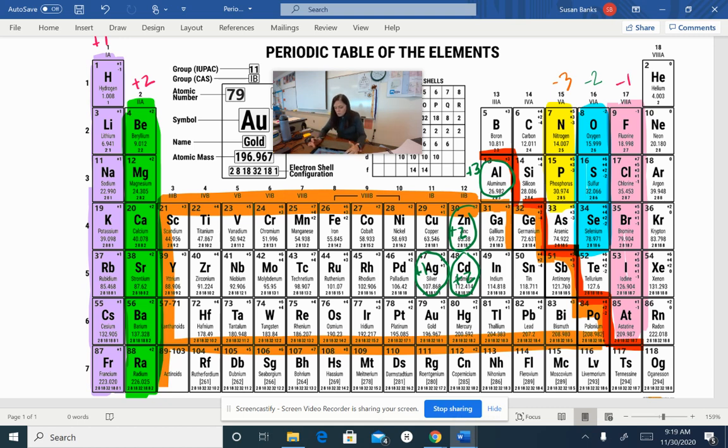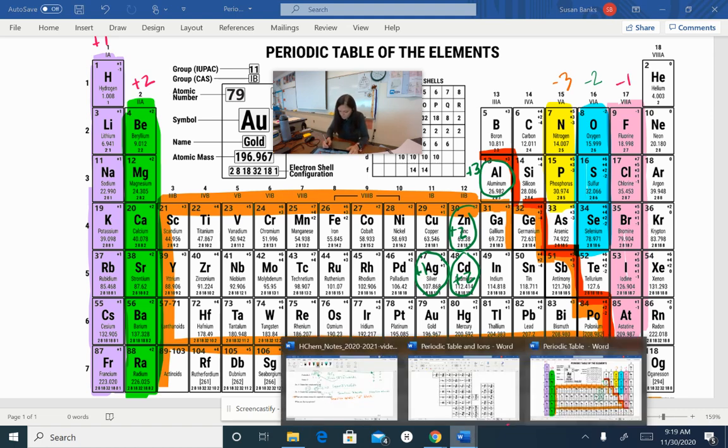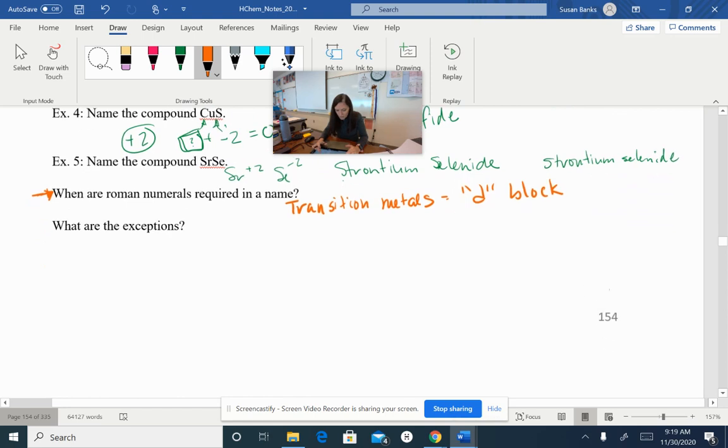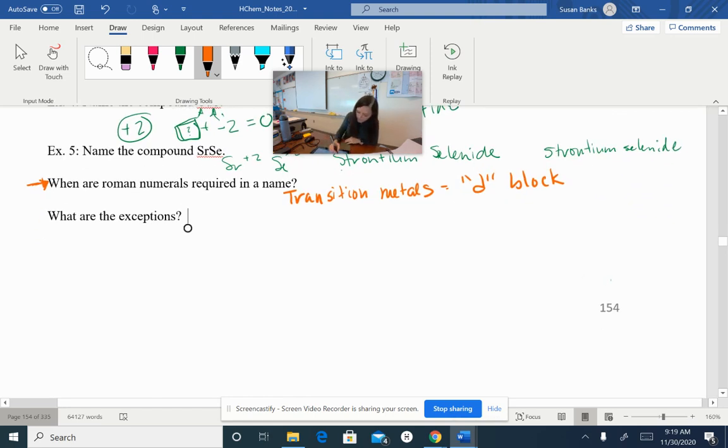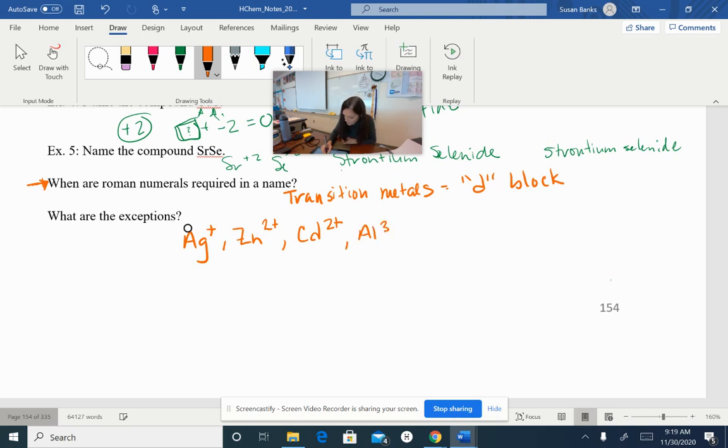Okay. So let's do some more practice. So the exceptions here for the transition metals are silver. Silver is always a +1. Zinc's always a +2. Cadmium is always a +2. And aluminum is always a +3. Okay, so we just put those on the periodic table. So if you want more periodic tables, print one out, color it up, or I have ones that I can hand you out here as well if you want to come in. All right,